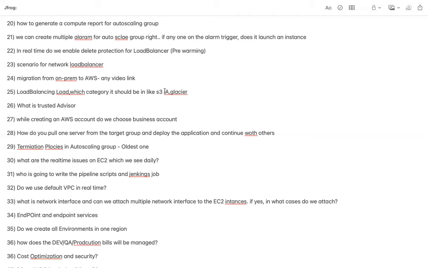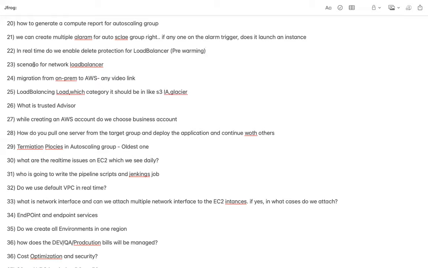So you can raise a request with AWS that this is the particular load balancer which we are going to use, and we are expecting maybe 10 million hits per second on it. What the AWS team will do for you is pre-warm the load balancer. It means they will prepare your load balancer on hardware where 10 million hits per second can be handled. So no other components are required in terms of AWS.